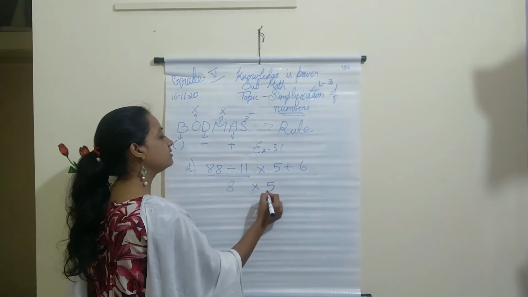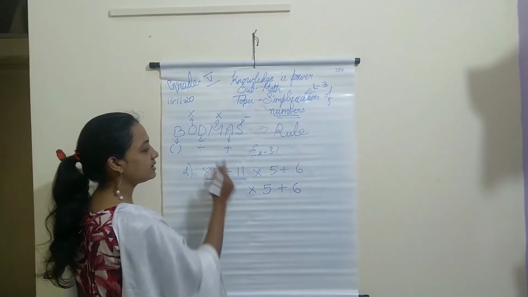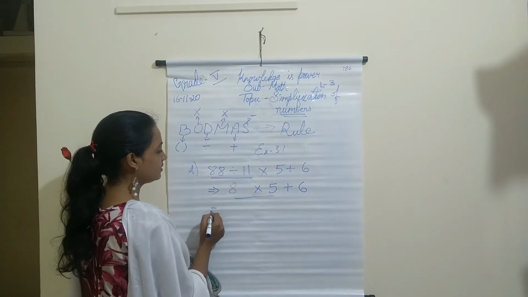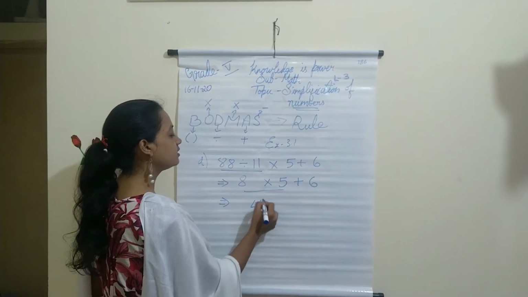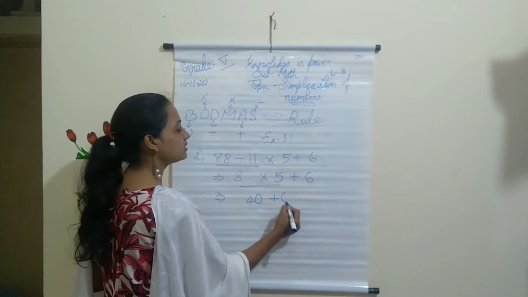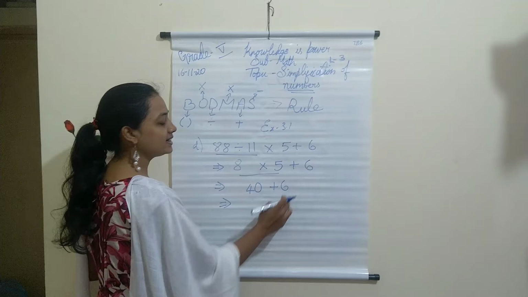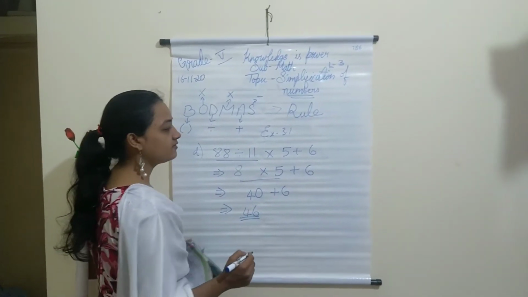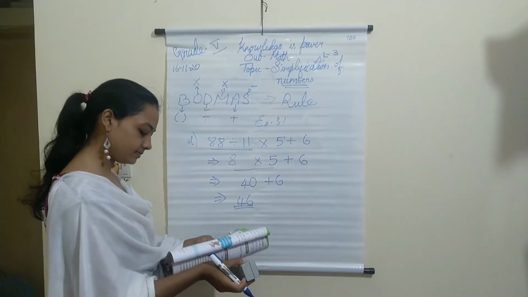Next I write all the numbers as they are. Now the next symbol is multiplication, which I should solve. And then come for the next step. What is 8 5s? 8 5s are 40. 40, and my next leftover is plus 6. Now solve this addition. 40 plus 6 is 46. So this is my final answer. Now we finish the D one.